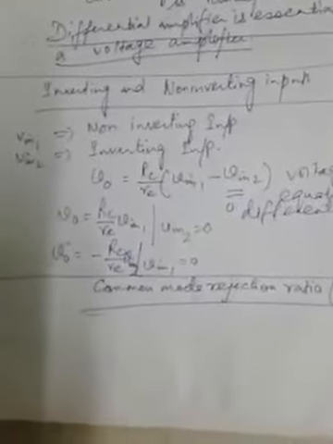The next parameter which we will discuss about differential amplifier is the common mode rejection ratio, in short called CMRR. So this is an important property for differential amplifier. Now let us discuss what it is actually, from where it comes. An important characteristic of a dual input balanced output differential amplifier is its ability to suppress undesired disturbances that may occur in its amplification process along with the desired signal.